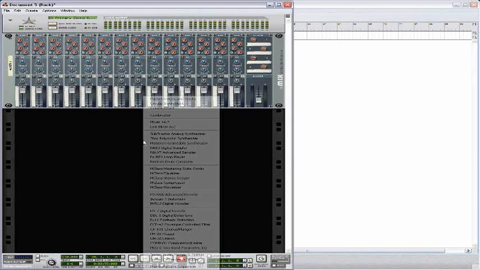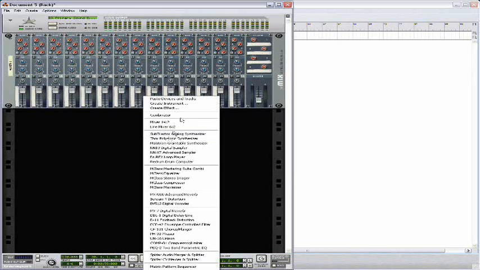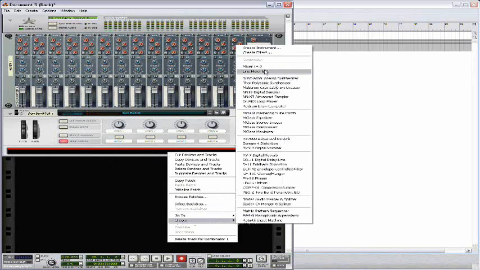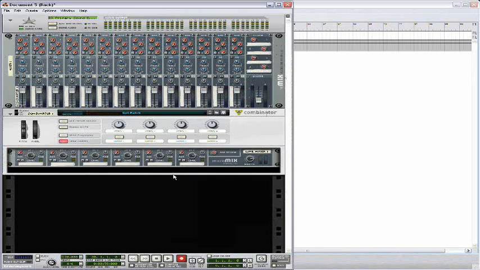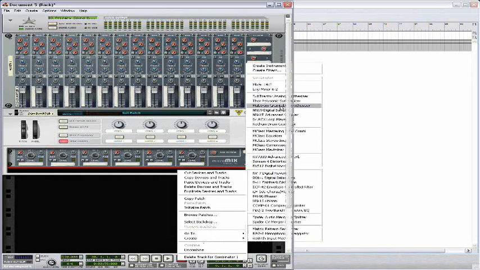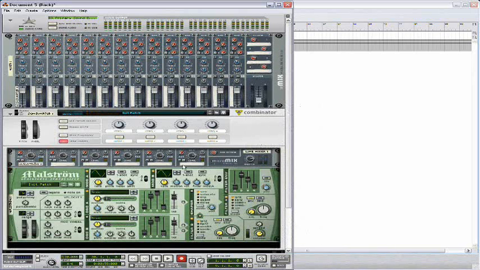Okay, first you're going to want to open up a combinator. Next, insert a line mixer and an instance of Maelstrom. Okay, next set the mode to legato. Initiate the patch if it isn't already, and set to legato. Set the range to about 12, just so you have a full octave,